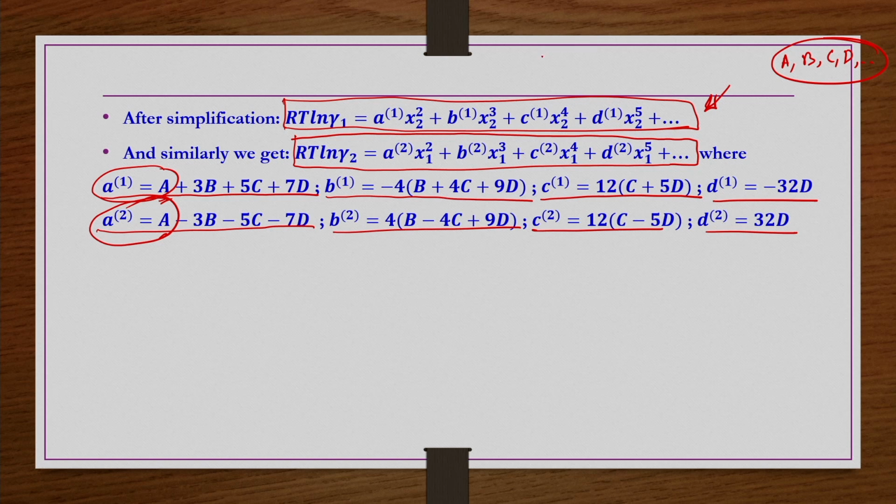That means what you get is RT ln gamma 1 equals A x2 square, and RT ln gamma 2 equals A x1 square. It is the same as what we got in the 2-suffix Margules equation. Previously we have done the simplification. Now let us say if you include up to the B term, this is the 2-suffix Margules equation. Now if you have a 3-suffix Margules equation,